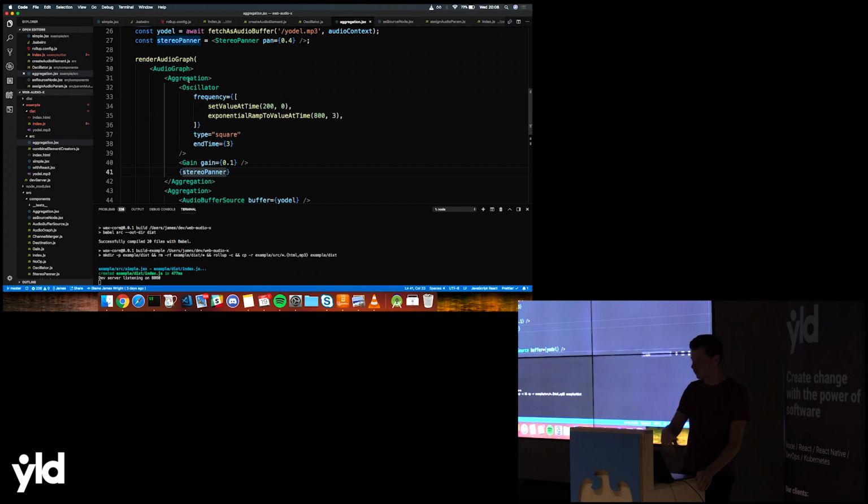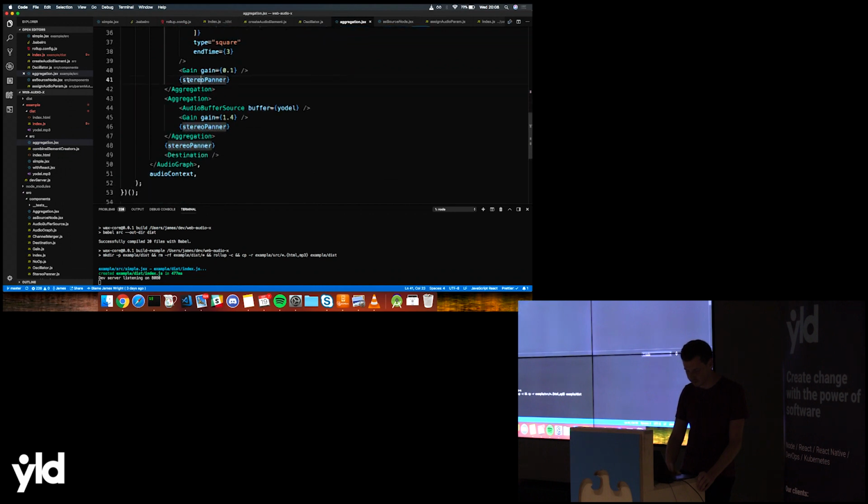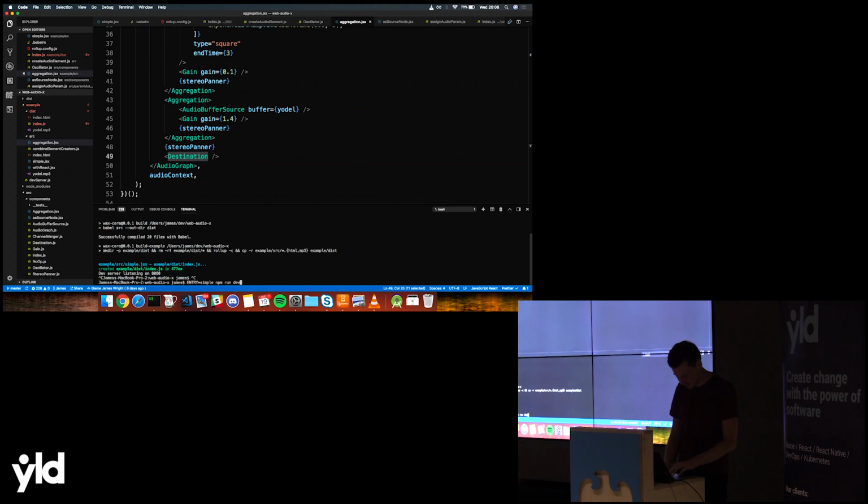But in the outer graph, if it's an aggregation, it won't try to connect an aggregation to an aggregation. I just resolve that to a no-op, and that's ignored by the node reconciler. And then those two aggregations are connected to the stereo panner, and then the stereo panner is connected to the audio context destination. So if I run the aggregation example for you,